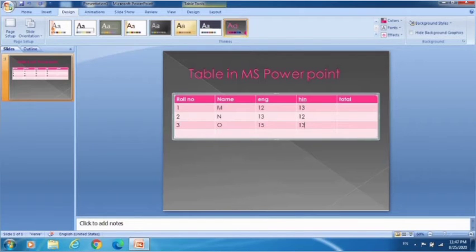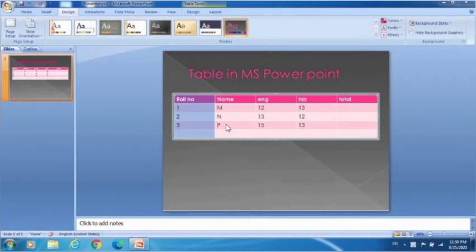So in this way you can enter the data in the given table and you can apply so many designs on a slide. And now we will learn how to insert a row or column in the given table.